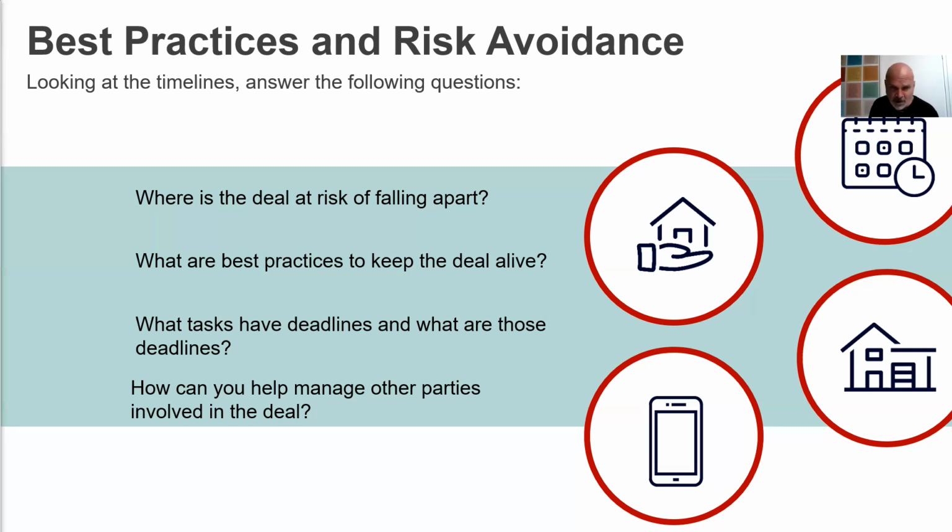So the questions are: what is the deal at risk of falling apart? What are the best practices to keep the deal alive? What tasks have deadlines, and what are those deadlines? And how can you help manage other parties involved in the deal, right? So